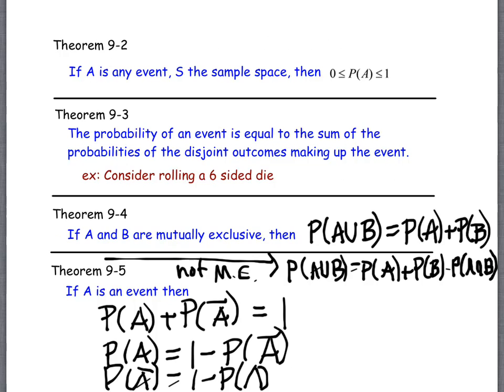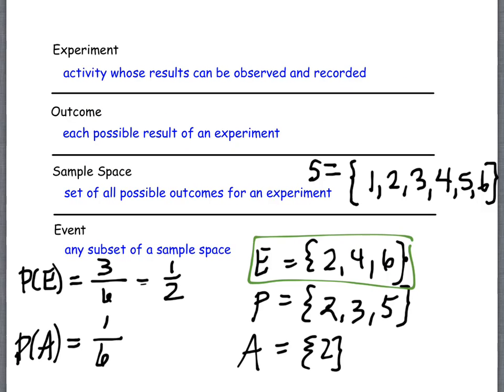So the one that we did like this was with our die over here on the evens and the primes. If we wanted the probability of rolling an even number, we talked about that being 3 out of 6. The probability of rolling a prime number was 3 out of 6. But if you want the probability of rolling an even or a prime, you can't just add 3 over 6 and 3 over 6 and get 1, right? Because something got double counted, yeah? The 2's. So we would have to remove that probability.